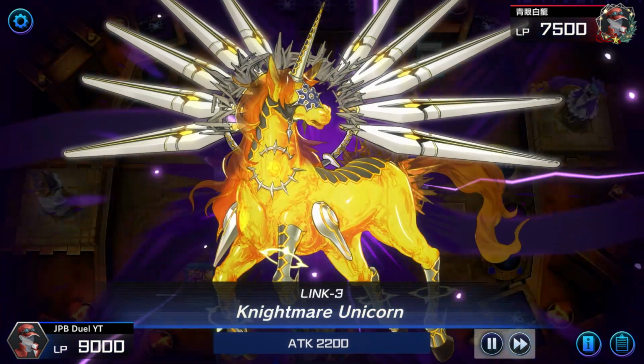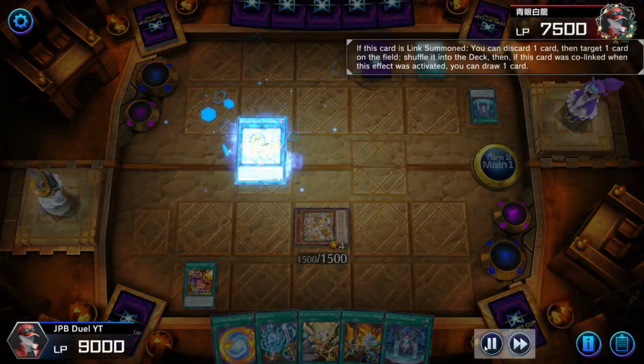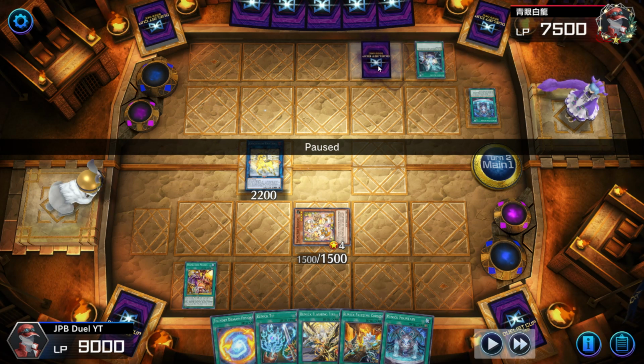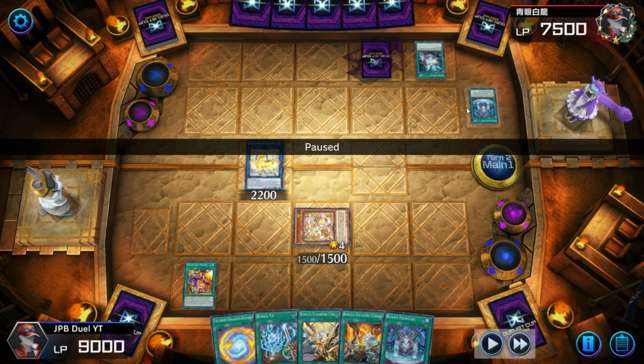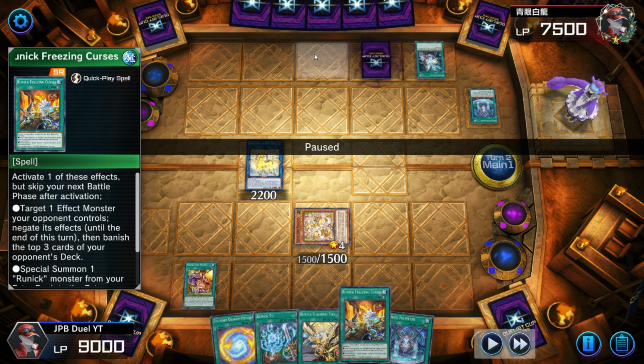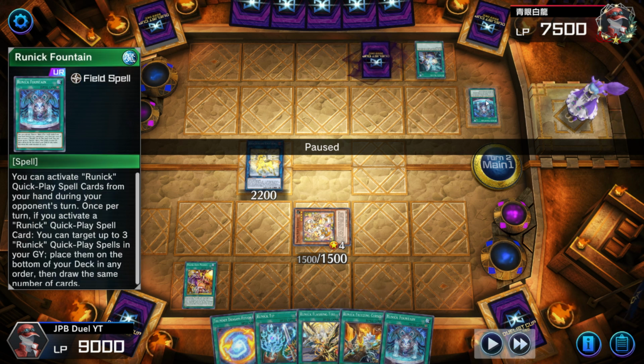Token plus Bow Wow go into Nightmare. Nightmare, keep in mind guys, has to bounce this Fountain. I cannot bounce the face down card he has set on the field. I need to bounce out the Fountain because he still has 1 more card activation that he did not go through. He still has that card in his hand, I believe, Freezing Curses, right? If I use the Unicorn to bounce this card and he does not activate Freezing Curses to negate it, we are done. Our access code will be cooked out. So this Unicorn has to target out the Fountain,